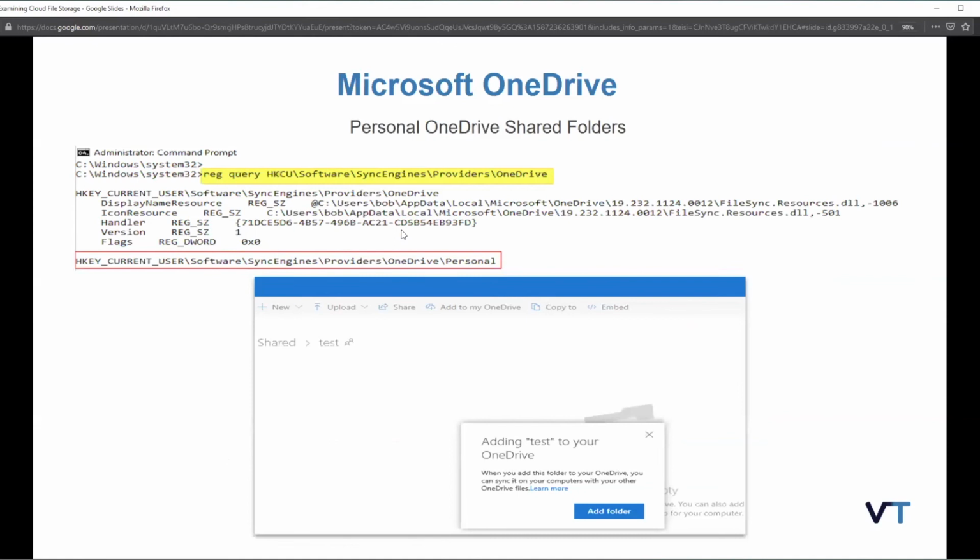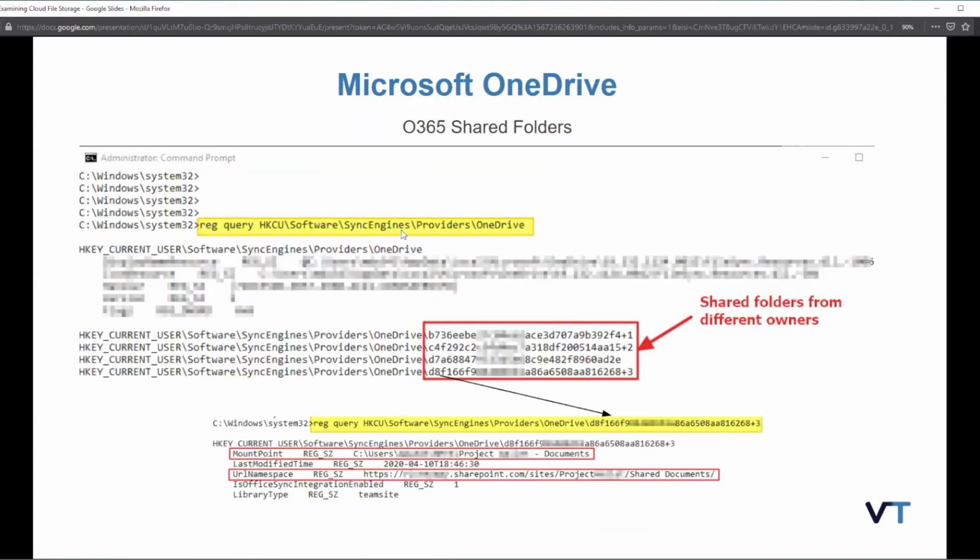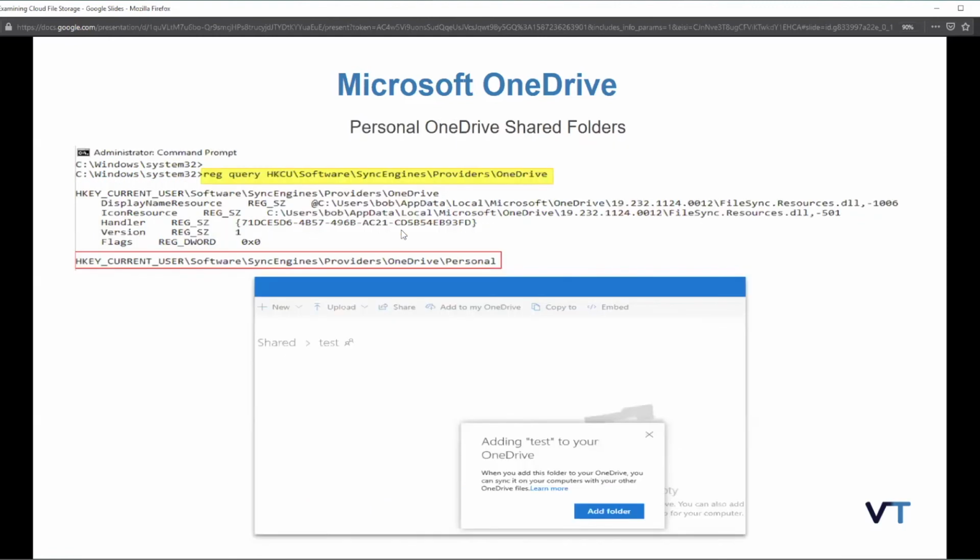Okay, and I've got a couple more slides here, and then we'll jump into a bit of a break. On the personal account, looking at that reg key for software sync engine providers OneDrive, unlike the other one, which has long strings that I think map back to the organization's internal IDs, this one shows that it's actually OneDrive/personal. And so it shows you the actual name of that share,